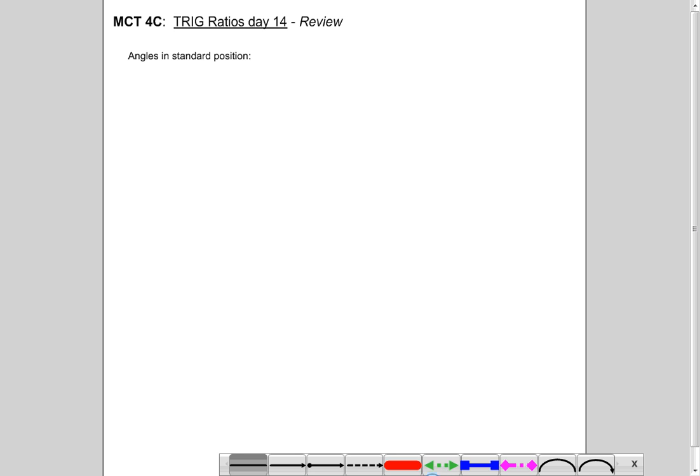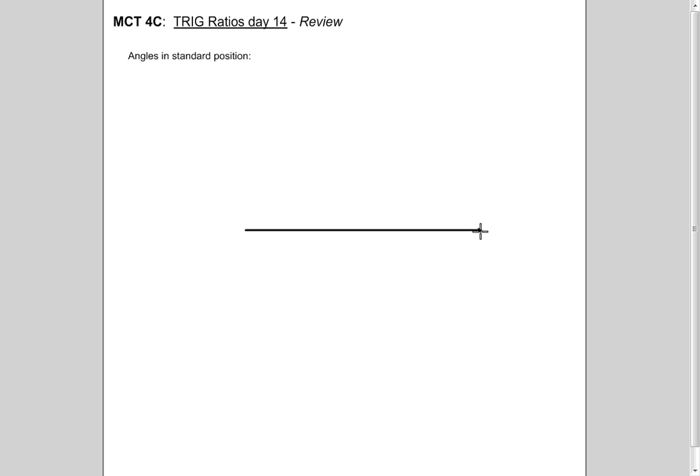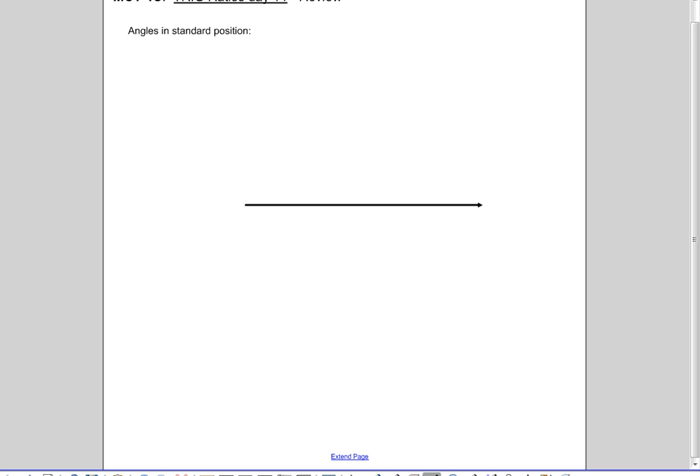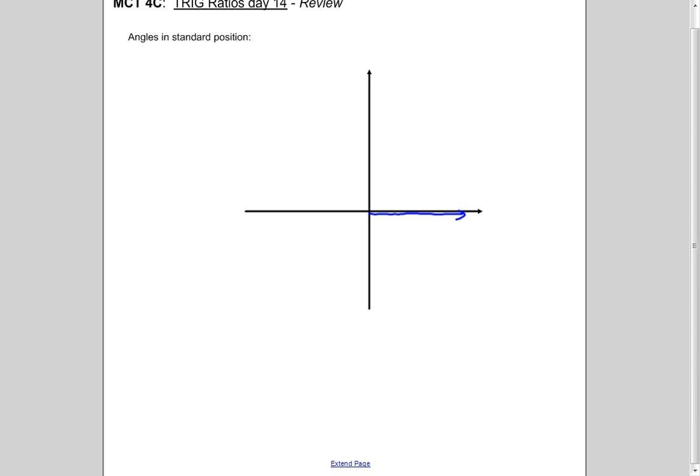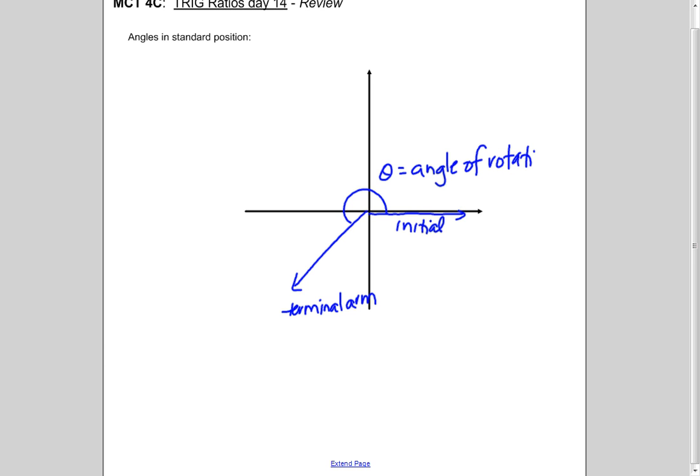So by convention, angles in standard position are where we have an initial arm, where our initial arm would start in quadrant 1 facing in the positive x direction. An angle of rotation goes counterclockwise, and the terminal arm is where it ends. Theta is the angle of rotation. And it rotates through a point x, y,